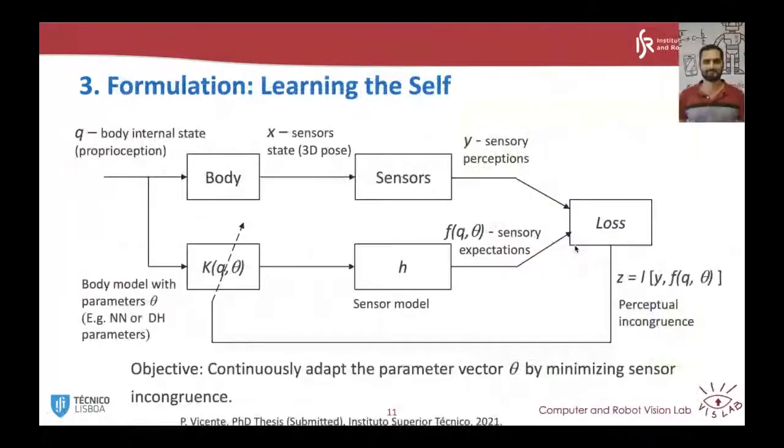Yeah. So of course things are more complex than this. But what we are learning is the parameters of the kinematics of the robot. We could also learn some parameters of the sensor, some calibration parameters of the sensor. That could also be done, because it's just an extension of the set of parameters that you want to learn. And it's just kinematics, so we are not tackling yet the dynamics or making predictions based on the dynamics, but